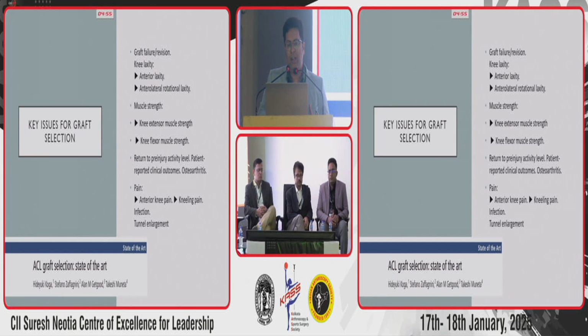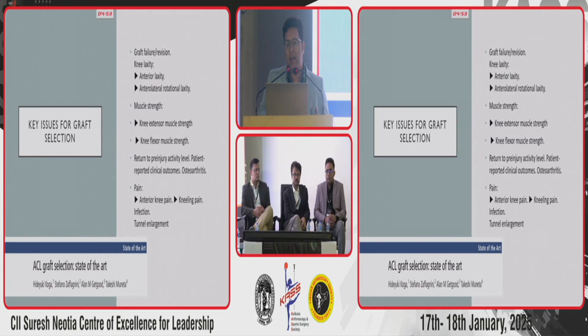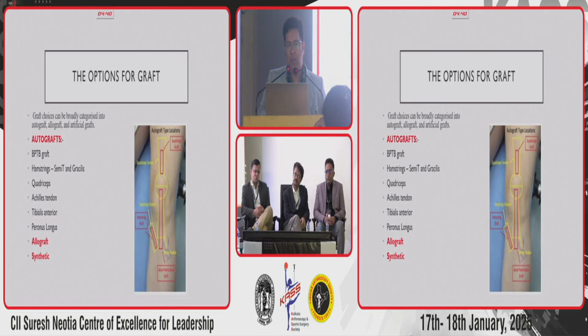So what are the different key issues? We have to address the graft failure or revision. We have to think about the knee laxity, the muscle strength, the return to pre-injury activity level, regarding pain, infection and tunnel enlargement. So broadly we are mostly using the autograft along with some amount of allograft and synthetic. Out of the autografts, the most common graft we are using is the hamstring along with BPTB, quadriceps, CQT, Achilles